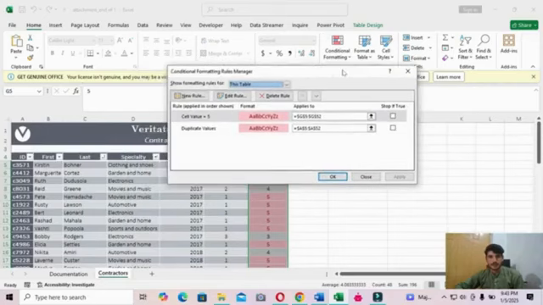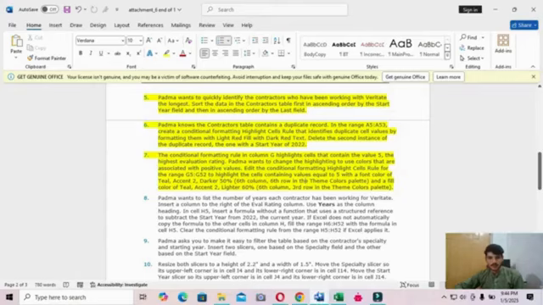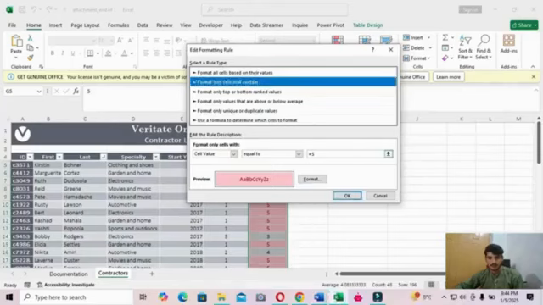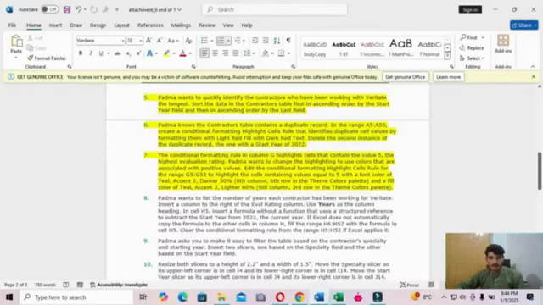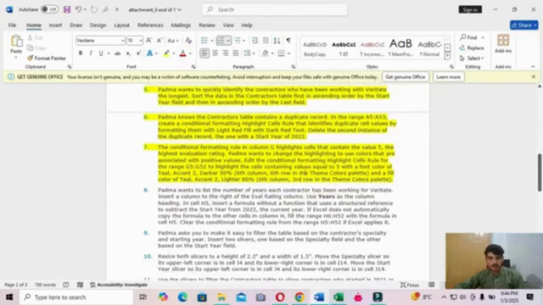Then edit the rule equal to 5, and change the font color to Teal, Accent 2, Darker 50%, fifth column and sixth row.